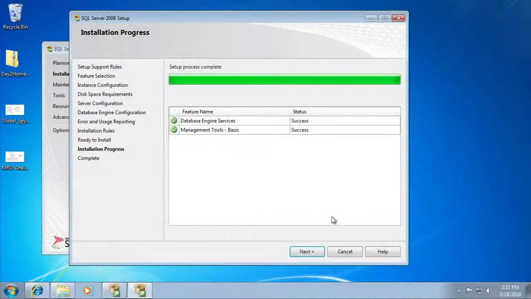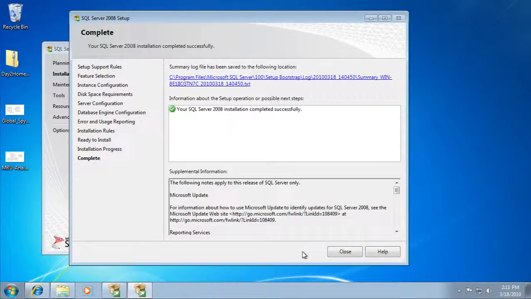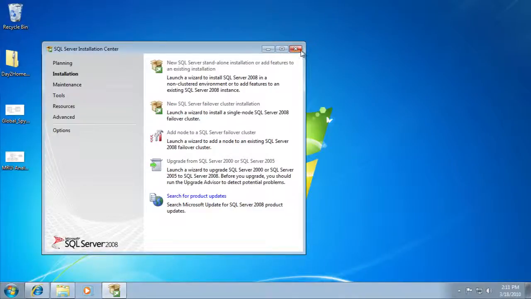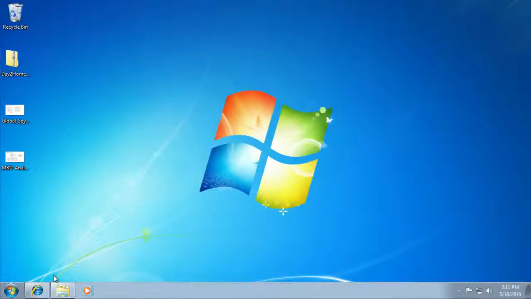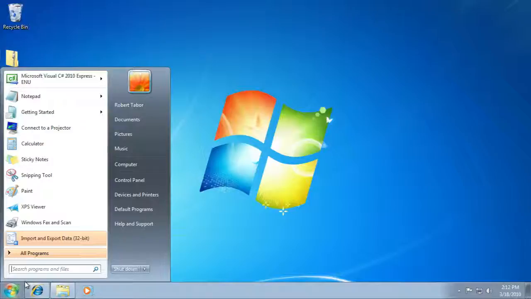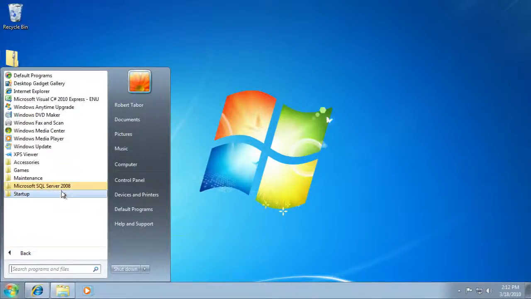Okay, and after a few moments you can see that the setup is complete. We have our management tools as well. And we'll close this and close this. And we get that error message again. I honestly don't know what that means, but apparently I need to select quit. Okay, so now let's go to all programs in Windows 7 and select SQL Server, and you can see now